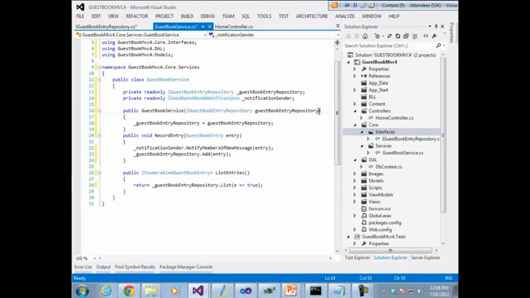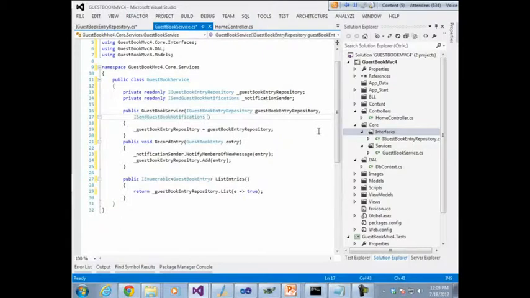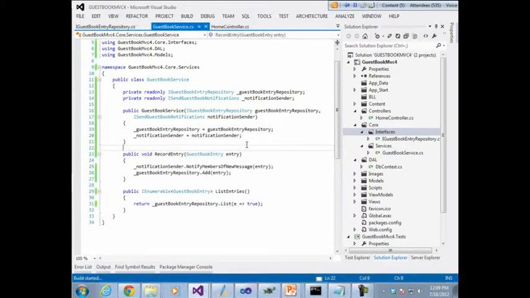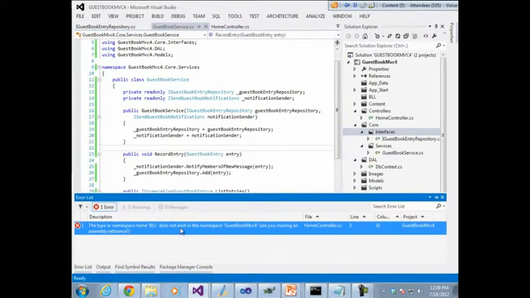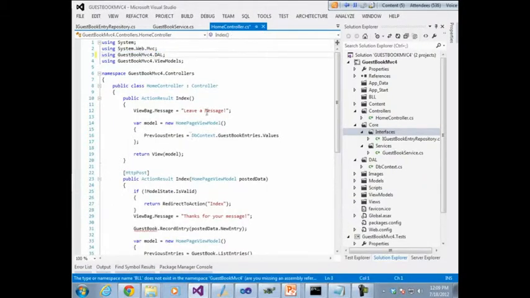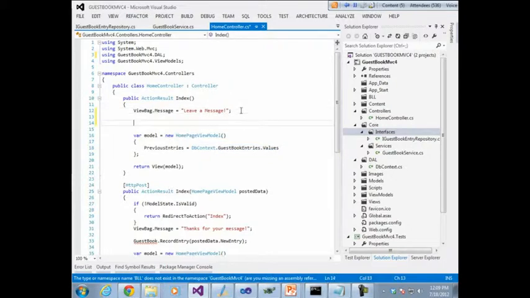So we pass this in. And do the same assignment. All right, and now that works. Now if I want to use this, I can go back out to my controller, which is now complaining, and do the same kind of thing in here, where let's say I want to use that guestbook service instead of this DB context. Well, I can say right here var my service equals a new guestbook service,